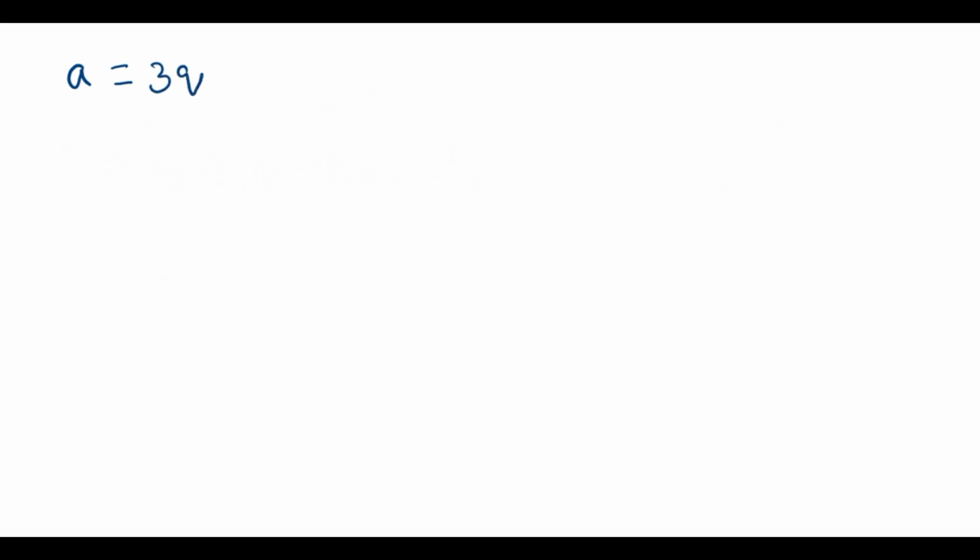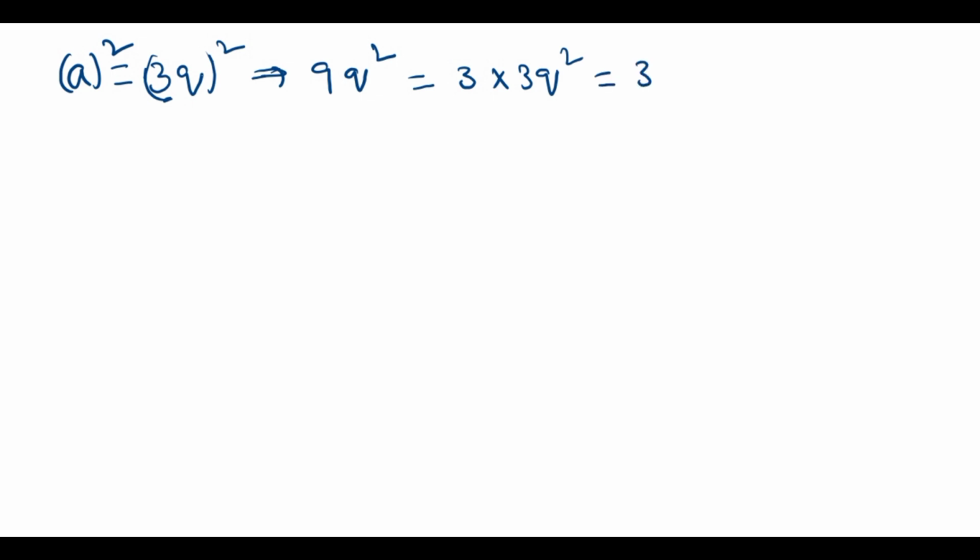That means if the remainder is 0, a equal to 3q. If I take squaring on both sides, then what can I get? From this, 9q square. 3 square is 9 and q square. This one we write as 3 into 3q square, correct? For example, you can take this 3q square as something like p. Once we check in the previous problem, we need to prove it like 3p plus 1, right? So if you take this as p, then it is 3p.